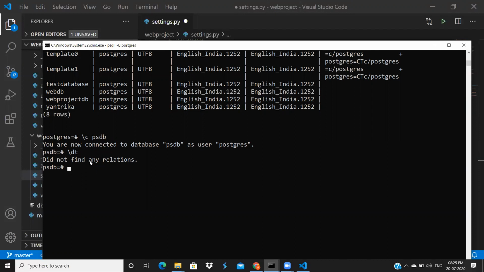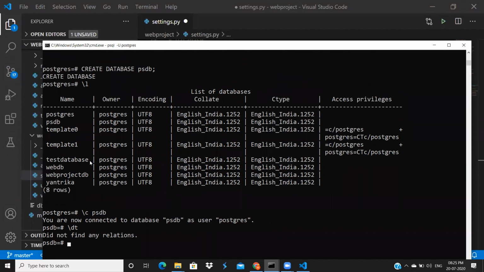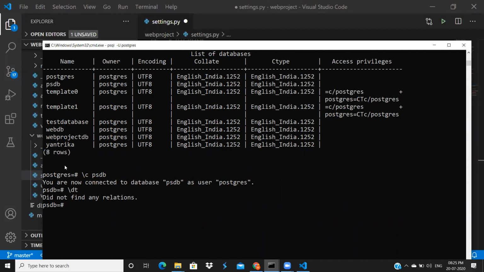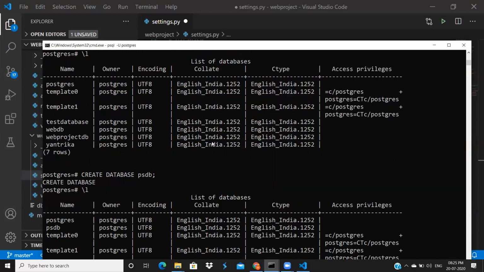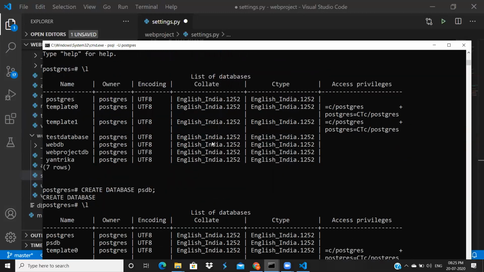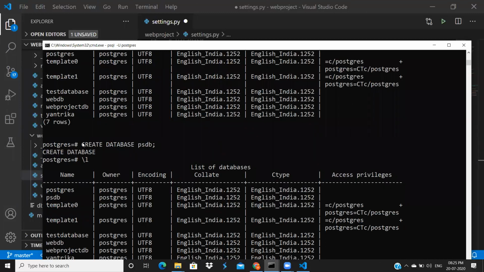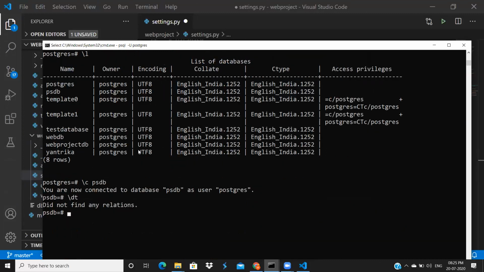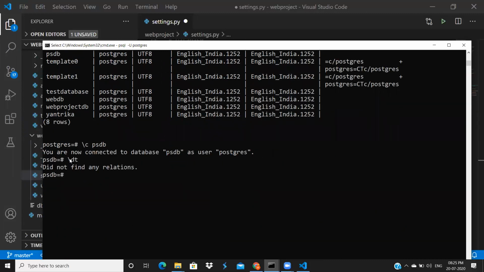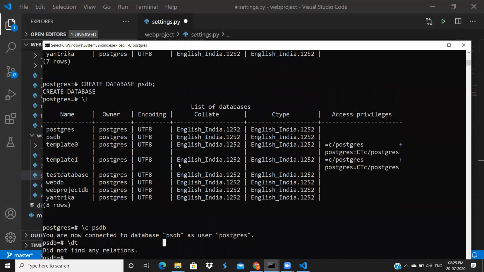Only this stuff you will do in PSQL, just creating your database. Remaining all things you will do from your Django project only. You don't create any tables here. You don't execute any query here. Just log into your database, that may be MySQL, Oracle, PSQL, whatever it may be. Just create one database. Just check for the tables inside. Obviously, that is a new database, there won't be any tables there. So just you will create one database.